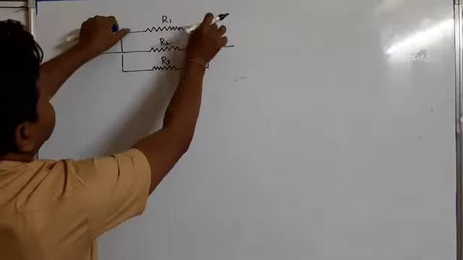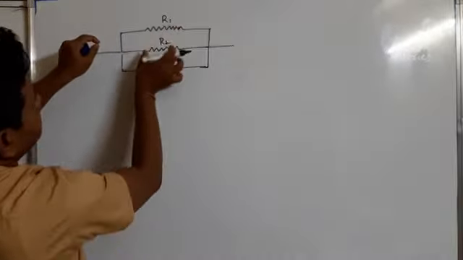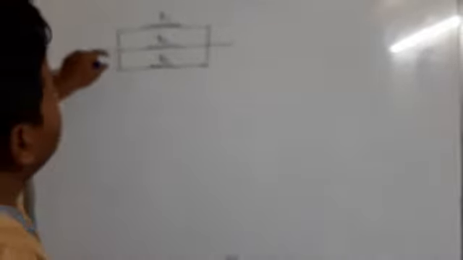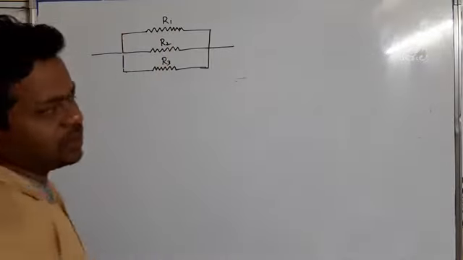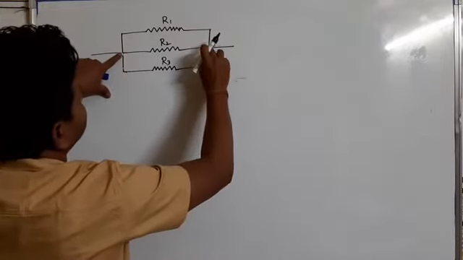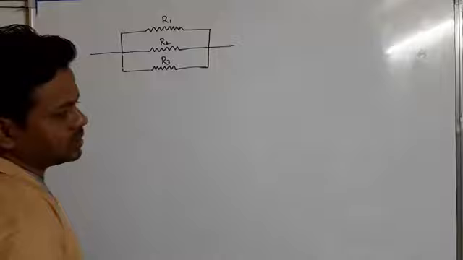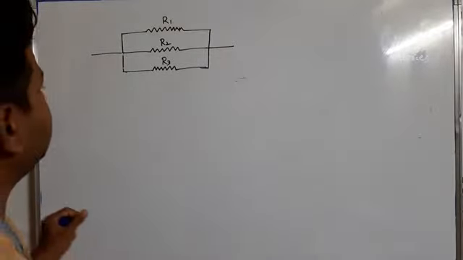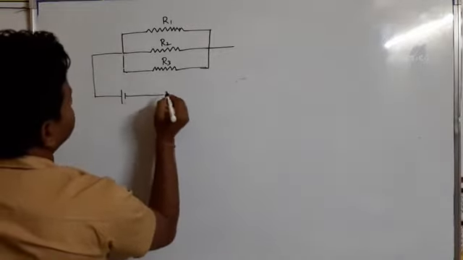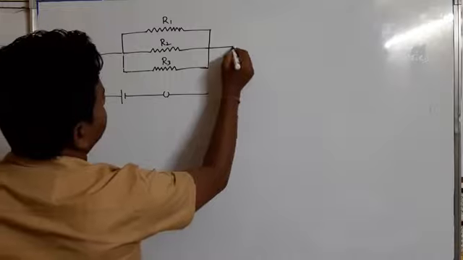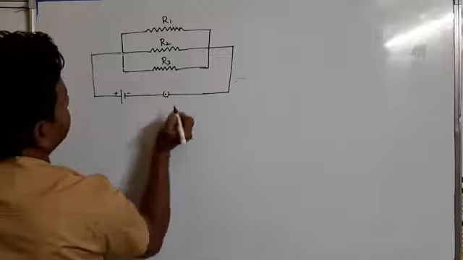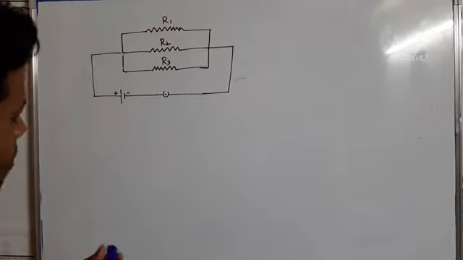The resistance is this one. We are considering the resistance here, which is symbolized in a zigzag form. These are the wires which have negligible resistance. So if you see, all three resistances are connected between the same two points. Hence these three resistances are connected in parallel. After that, if they are connected to a cell and a switch or a key, so this is plus, minus, and if you make the switch on, what will happen?